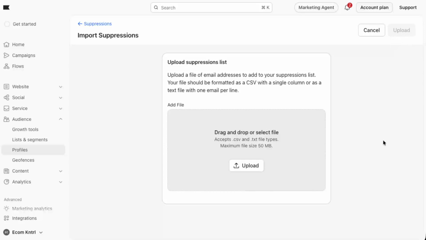And that's the core navigation you need to begin importing contacts into Klaviyo from the Suppressed Profiles